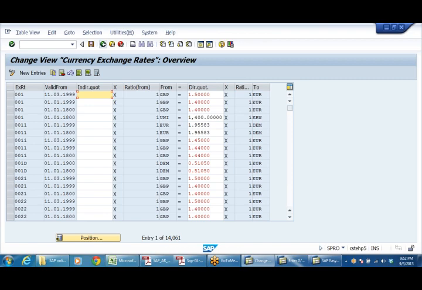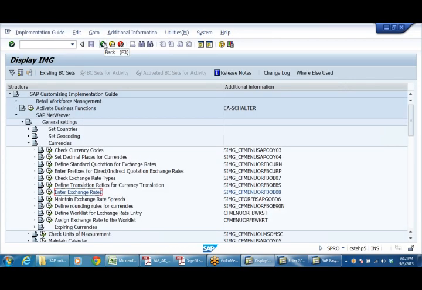System picks up that rate. So that facility also we have, that is dynamic rates. You'll get exactly the dynamic rates. That depends upon the requirement. Whatever the rate that you want, that will do that.